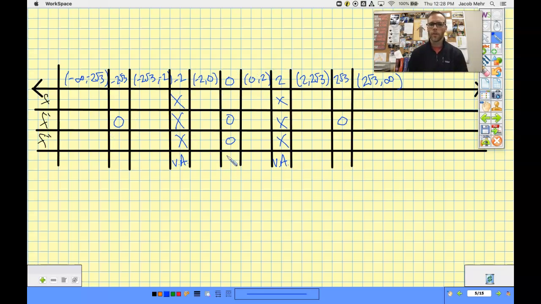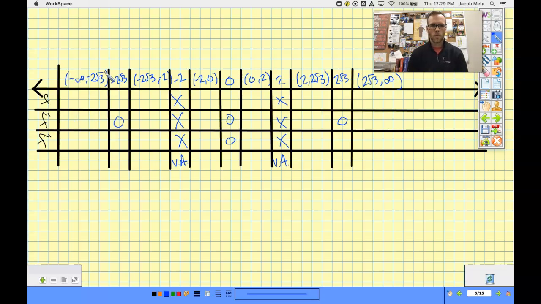So we can see really quickly looking at this, negative 2 root 3, 0, and 2 root 3 are critical numbers. 0 is the only point of inflection when I look at the second derivative. So now let's figure out where this function's increasing and decreasing. So I'm going to go to my f prime row, and I need to figure out, is it increasing or